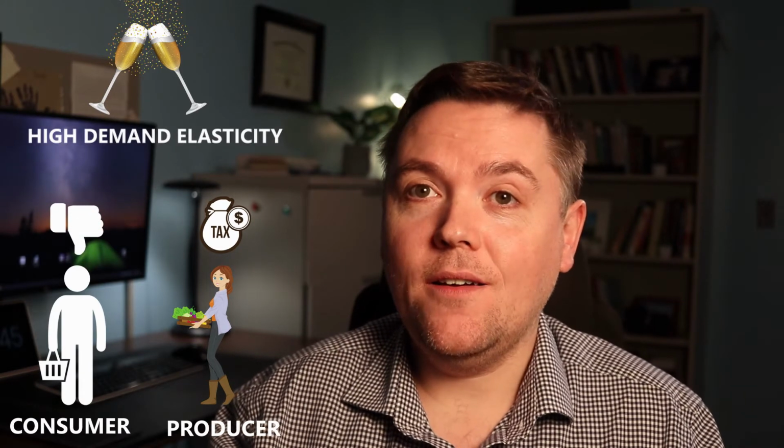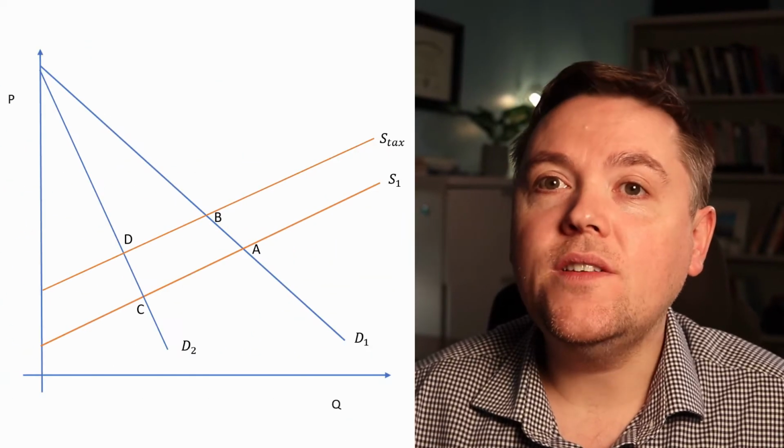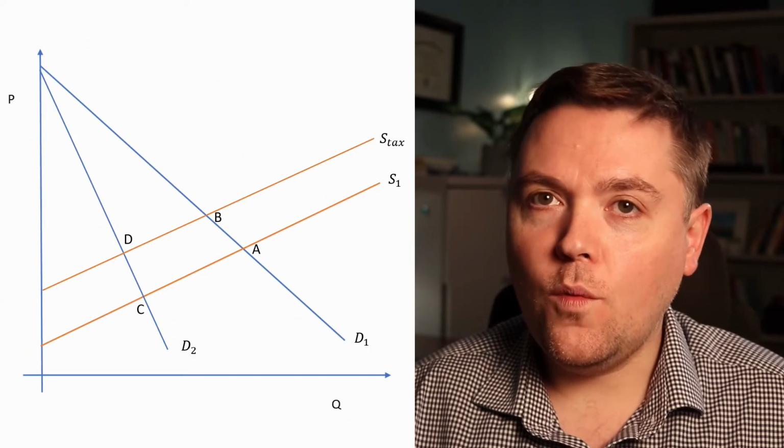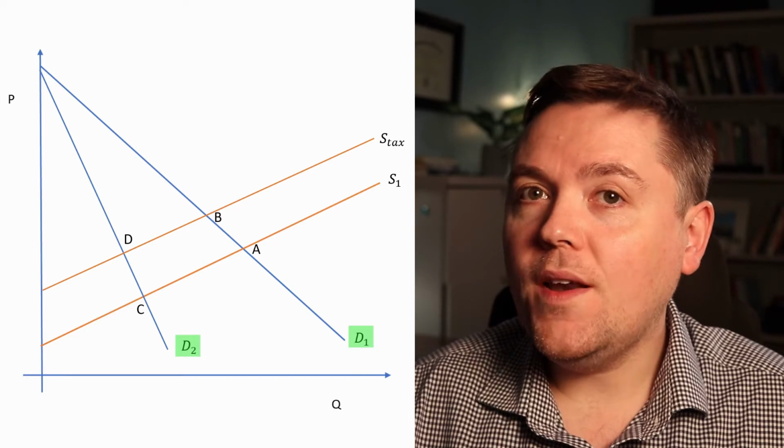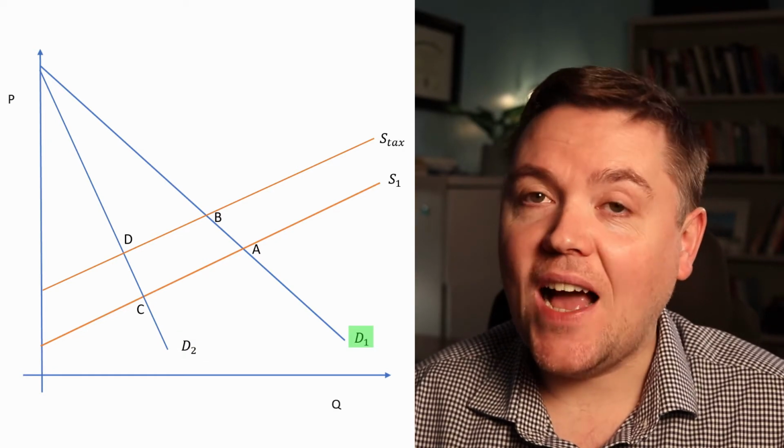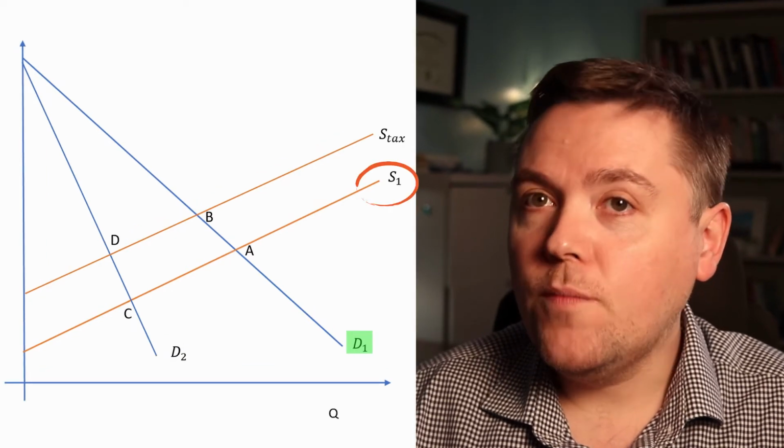What's most notable here is that it doesn't matter who the government imposes the tax upon. All that matters is the responsiveness of demand and supply to changes in the price they pay and receive for the good. Just to illustrate, on screen you can see 2 different demand curves, demand curve 1 and demand curve 2, where demand curve 1 has a higher elasticity because it has a shallower slope, along with the original supply curve